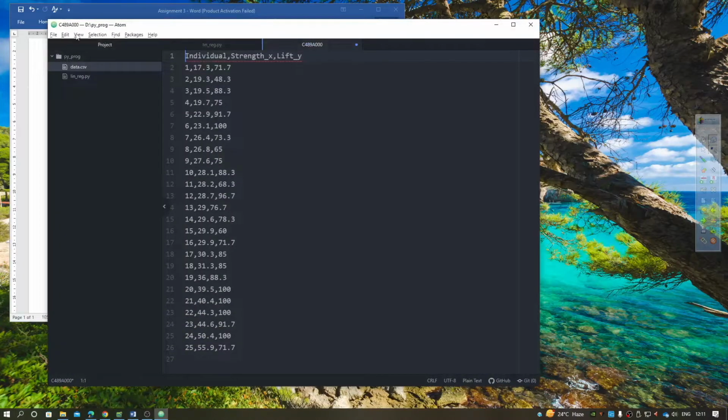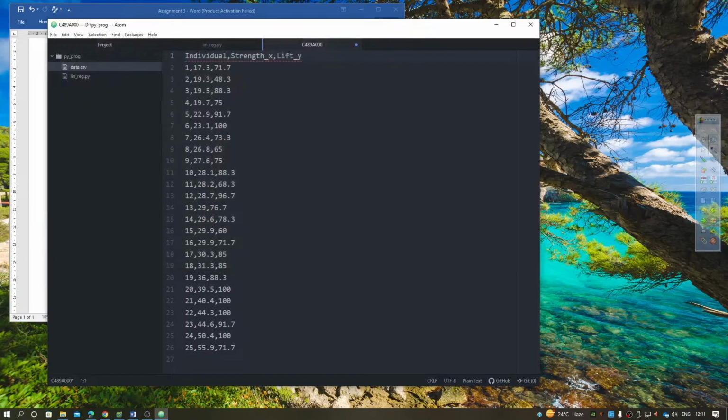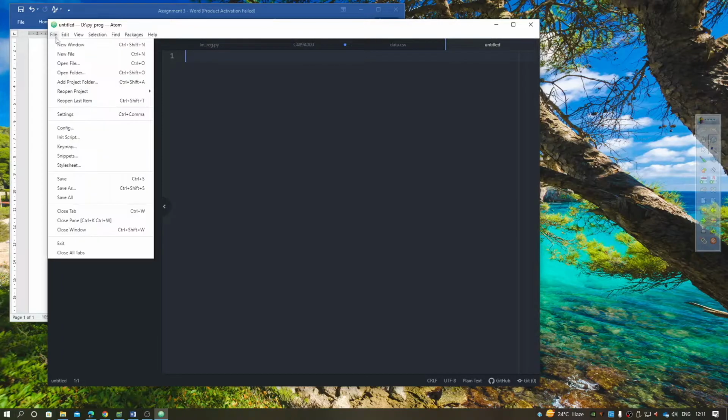So in this, first of all, we can open a folder. A folder is a location where we want to keep our data as well as programs. If we open this, the data is already there. We had already saved this CSV file, a comma separated file. Now if we want to write a program, we can open a new file and we have to save it